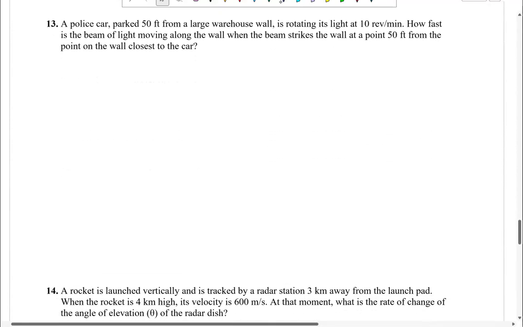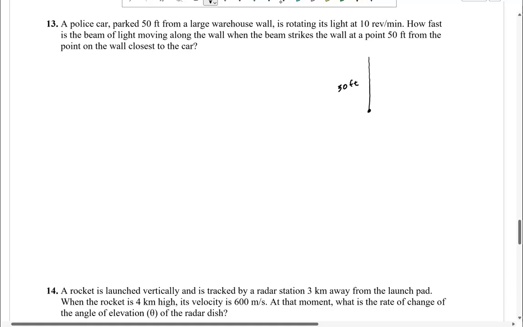Number 13, a police car parked 50 feet from a large warehouse wall is rotating its light at 10 revolutions per minute. How fast is the beam of light moving along the wall when the beam strikes the wall at a point 50 feet from the point on the wall closest to the car? So this one you might want to read more than once, but the basic idea is that we have 50 feet